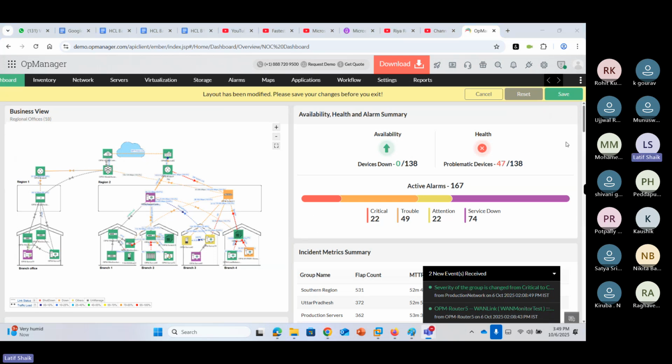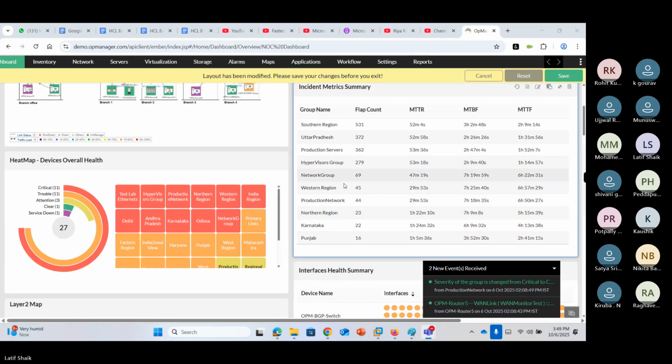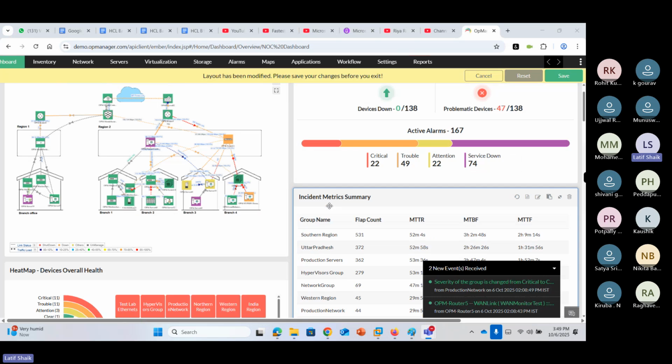Here the health status is also showing. If you observe, that's total alarms: how many total alarms are generated for critical trouble, attention required, and service down types of events. A new interface has been added here.